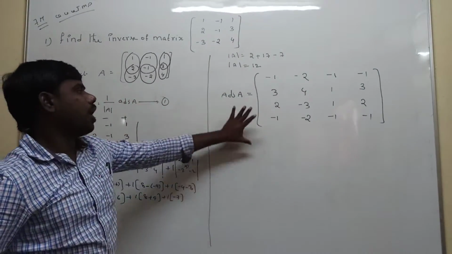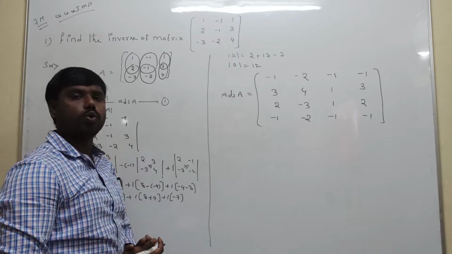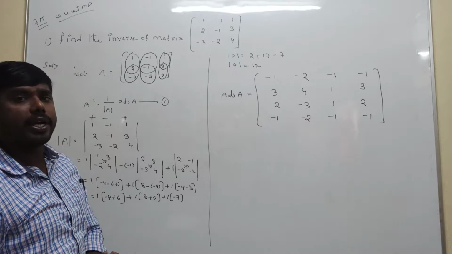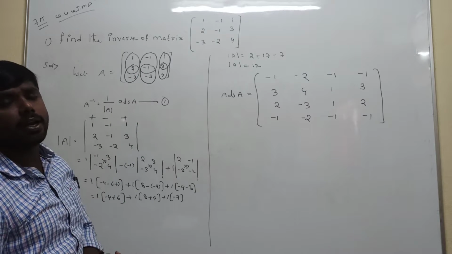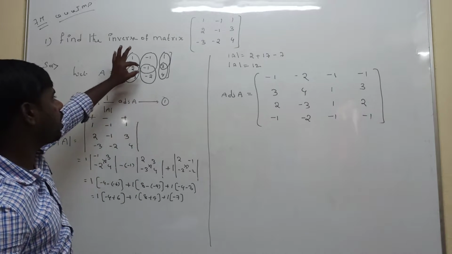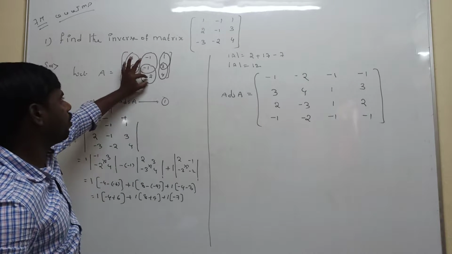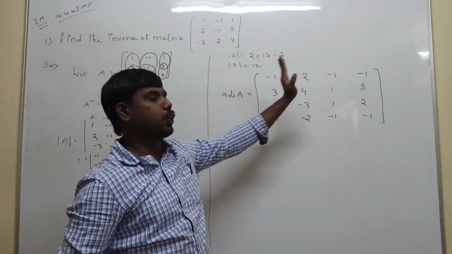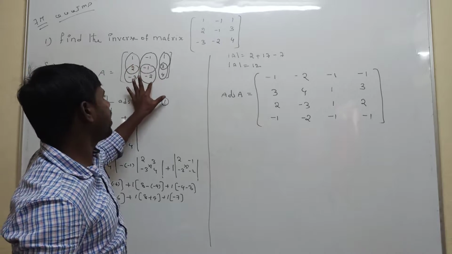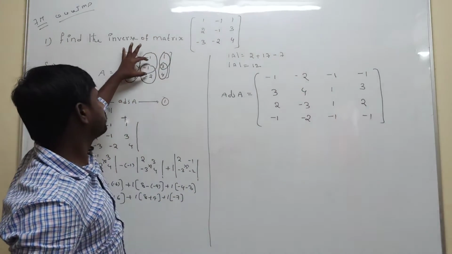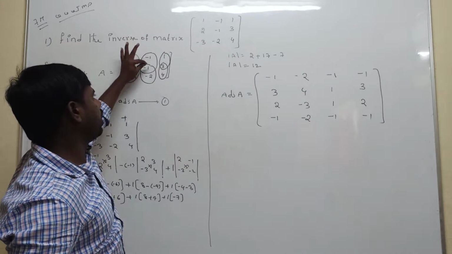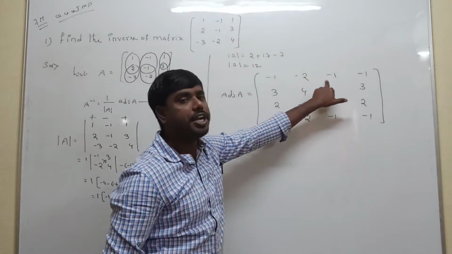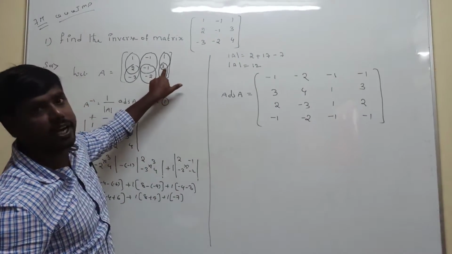Listen carefully. How do we calculate the adjoint of matrix A? In the given matrix, what is the middle element here? The middle element here is minus 1. Now we are taking the middle element, middle down. Minus 1, minus 1 is the column element. That means we are writing it row wise. Minus 1, minus 2. Next same column up to down, middle to down, next up to down. Minus 1, minus 1. Next we are taking the right hand side.